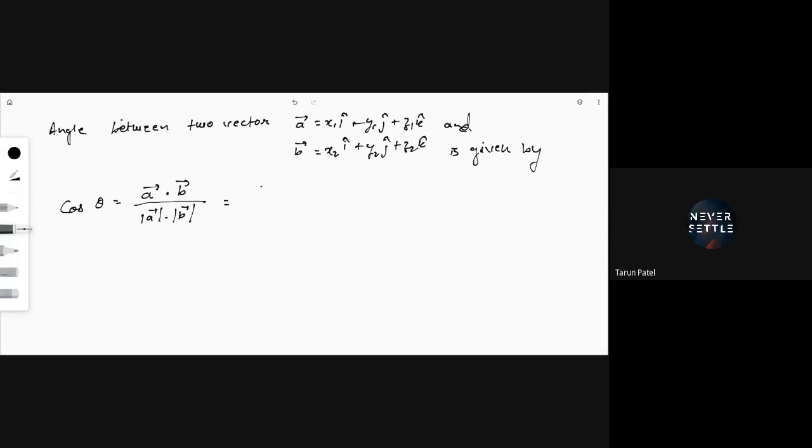x1 x2 plus y1 y2 plus z1 z2. Very good. Upon